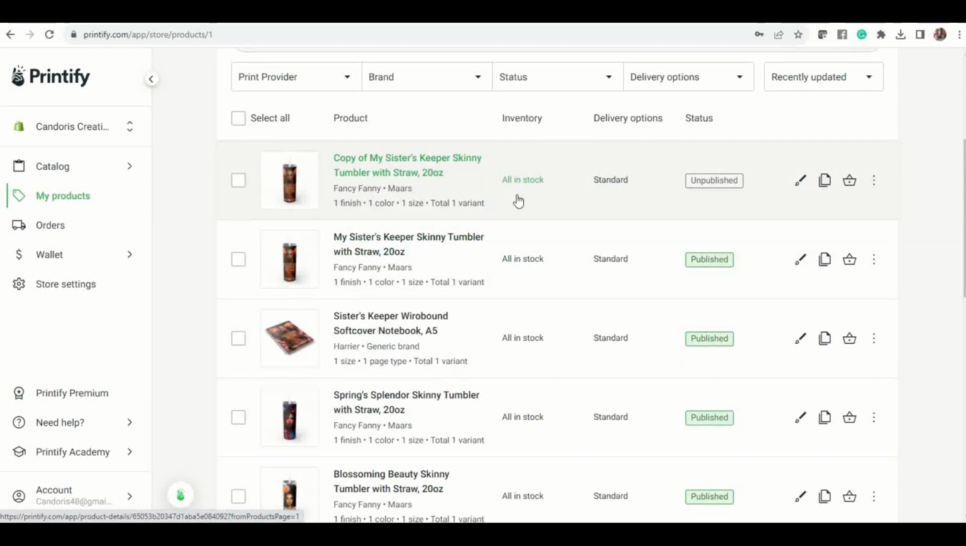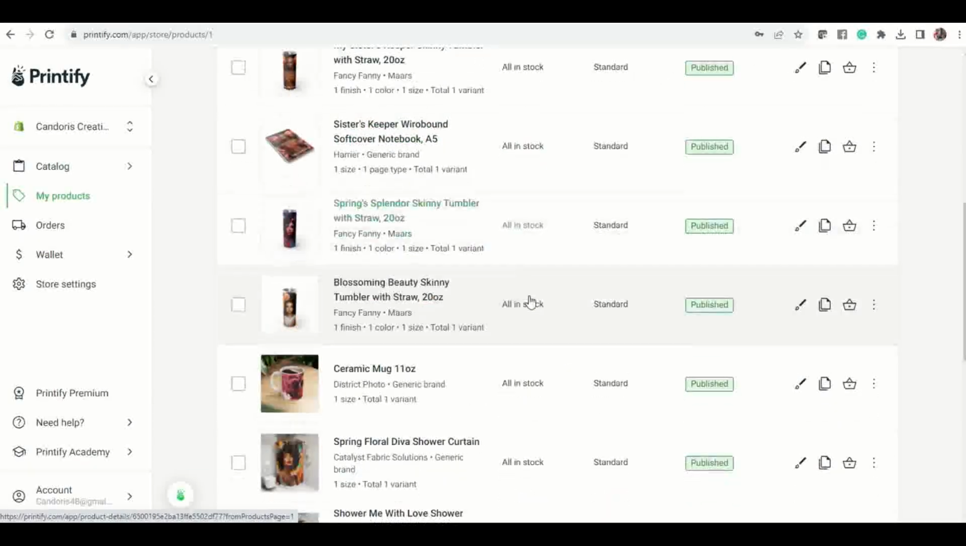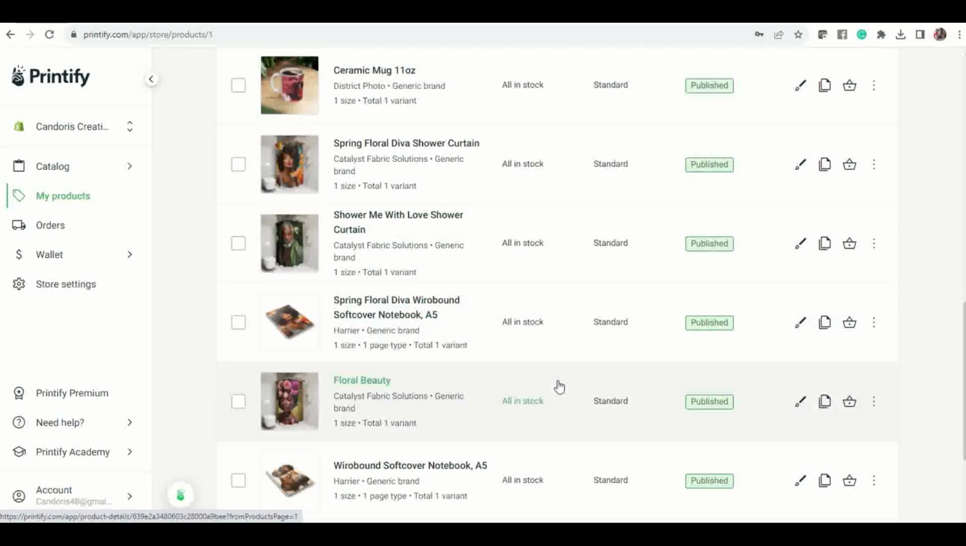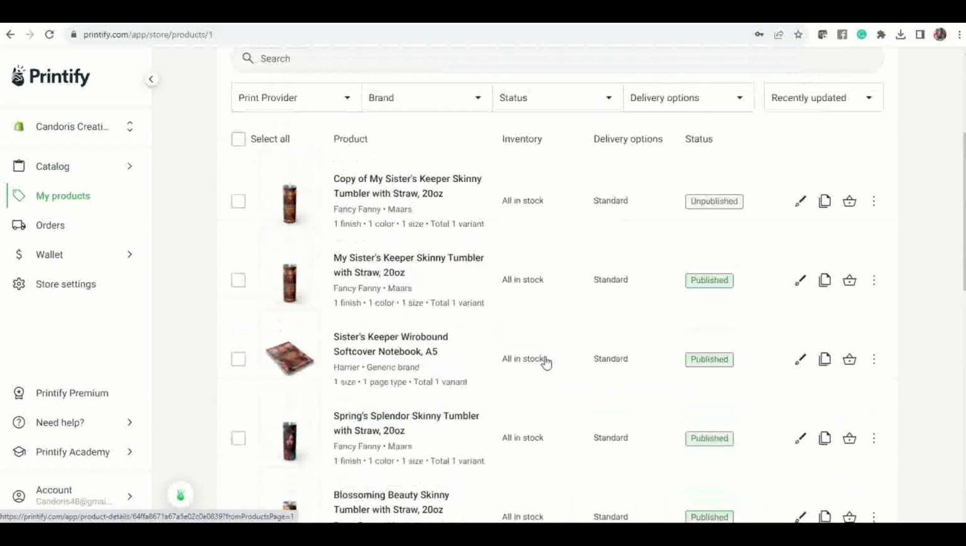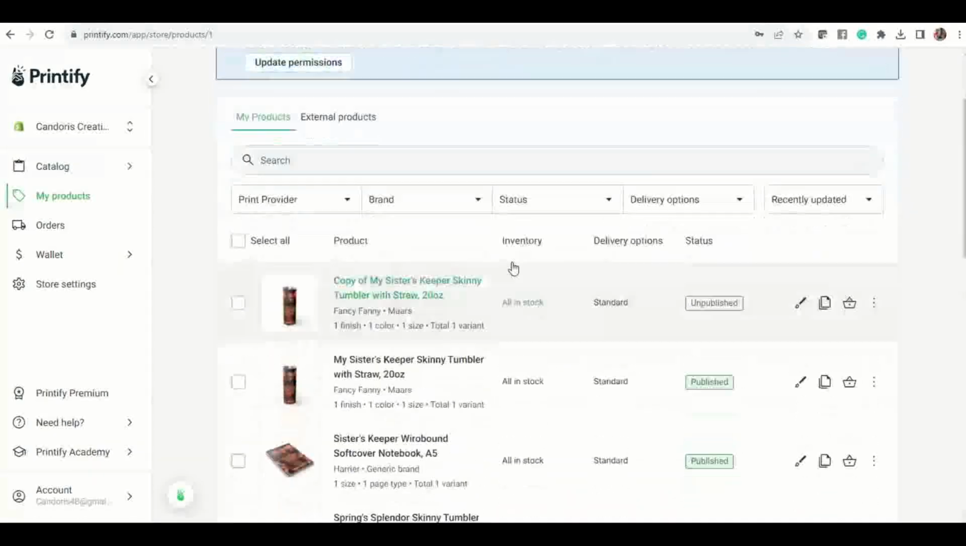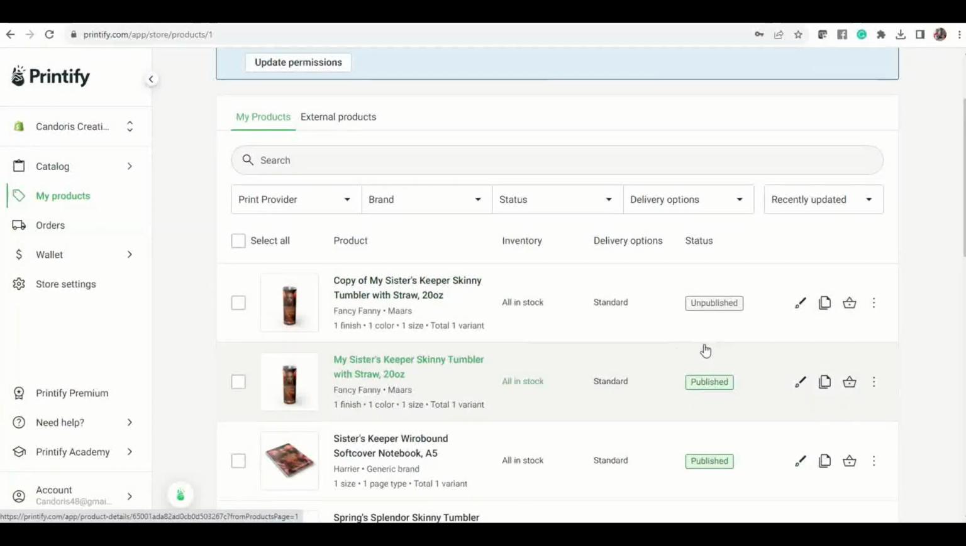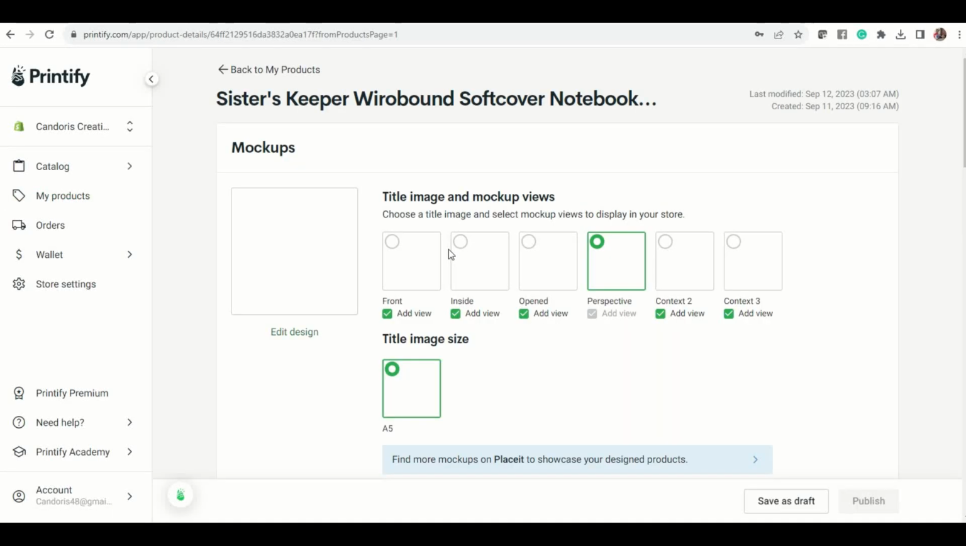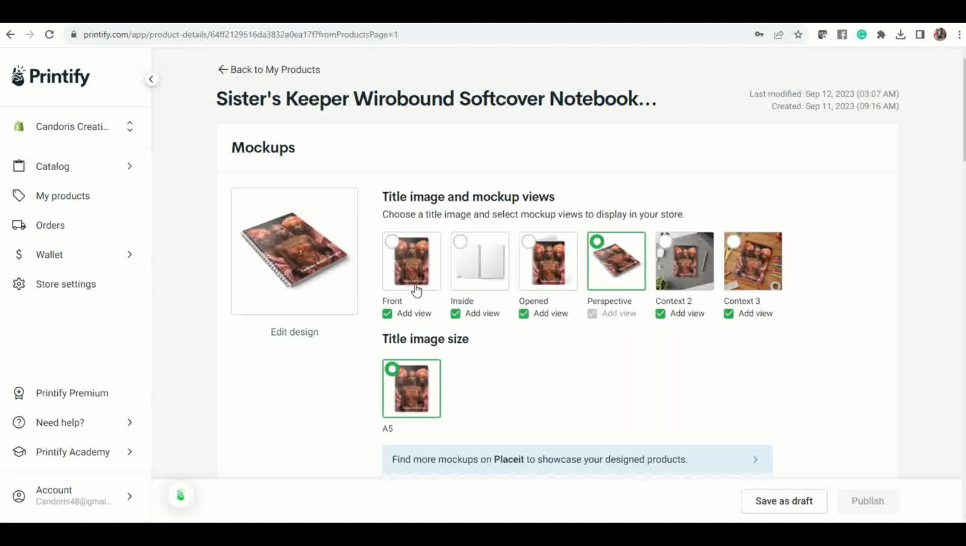And it'll let you know if things are in stock, when things get low in stock, so that you'll know to replace them, if you need to make any changes. So this kind of keeps up, Printify keeps you abreast of what's going on with the items that you have in your store. And so you can see here that I have this notebook in my store,